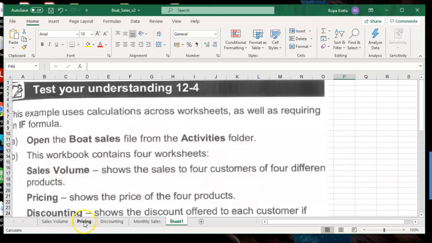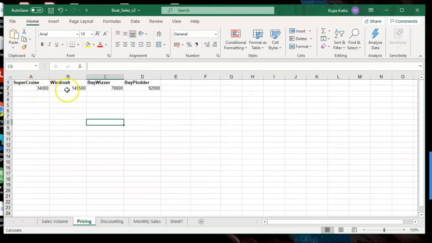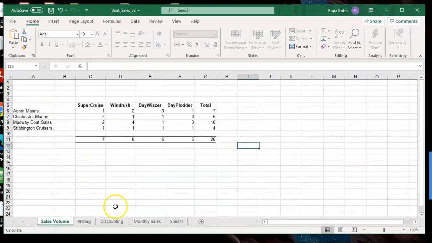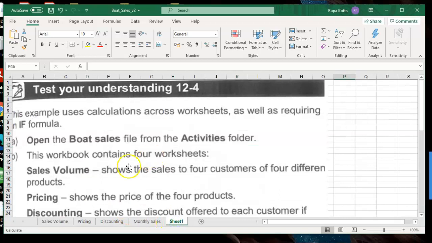Pricing shows the price of each product. So each and every product is priced like so. Super Cruise is 34,000, then Windrush, then Bay Whizzer and then Bay Plotter. And then we have